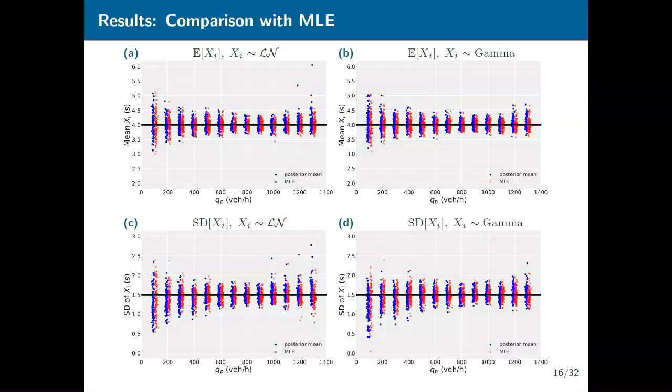There are a few things that we can see. The first one is that the posterior means and the MLE are pretty similar, and both are fairly unbiased for a wide range of traffic flow, in the sense that when you take the average across the sampling distributions of the data, you get something that gets it right on average. The second thing is that the parametric misspecification with the gamma doesn't really make all that big of a difference, which is in agreement with existing literature.